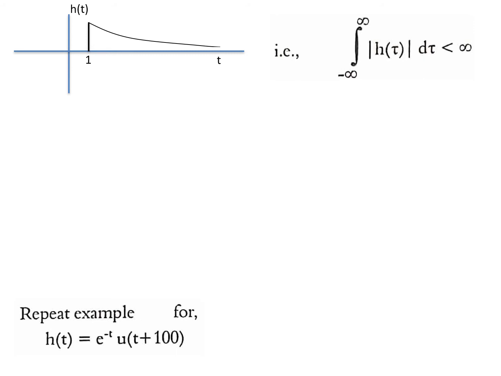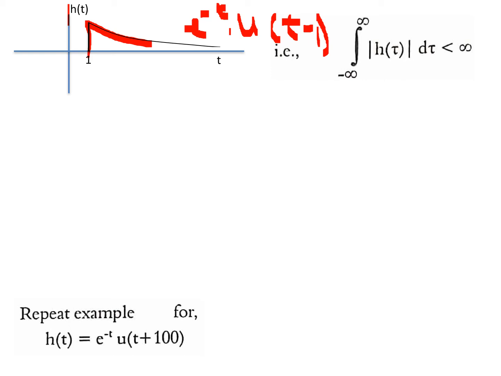This is the graph. We had an equation, e to the power of minus t, I think. It is a falling exponential into u of t minus 1. That means this falling exponential starts at 1, delayed by 1, t minus 1. So if it were starting at 0, it would have been like this. But now this much portion is not there because it starts at t equal to 1. So this is what the graph is.